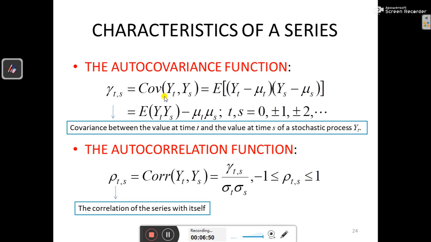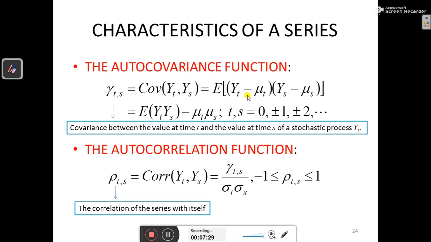The autocovariance function, here you can see γ(t,s), is the covariance between the value at time t and the value at time s of a stochastic process Yt. It means how they vary together, whether there is any covariance between the two values at time t and time s. We can measure that using this function, the covariance function or autocovariance function, which is equal to the covariance of Yt comma Ys at two different time points, equal to